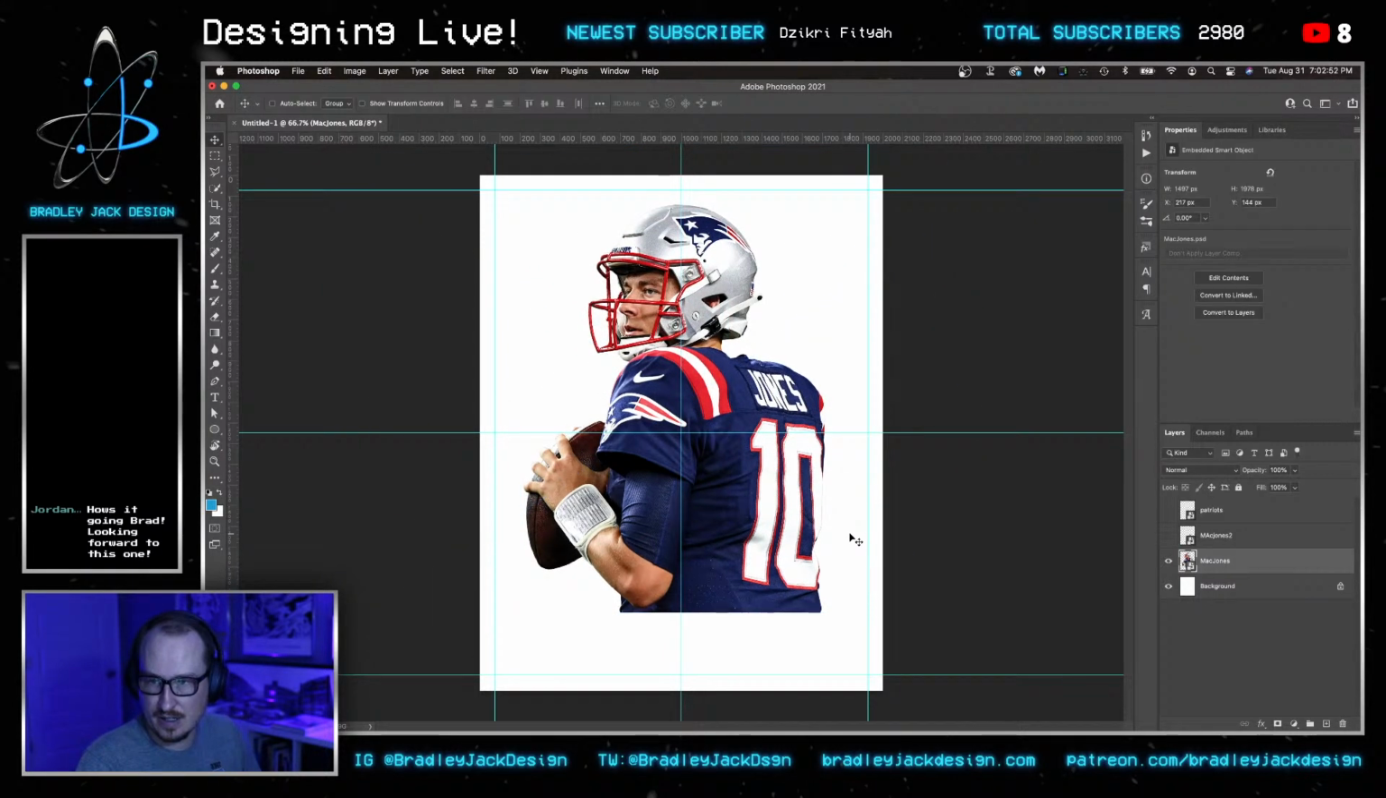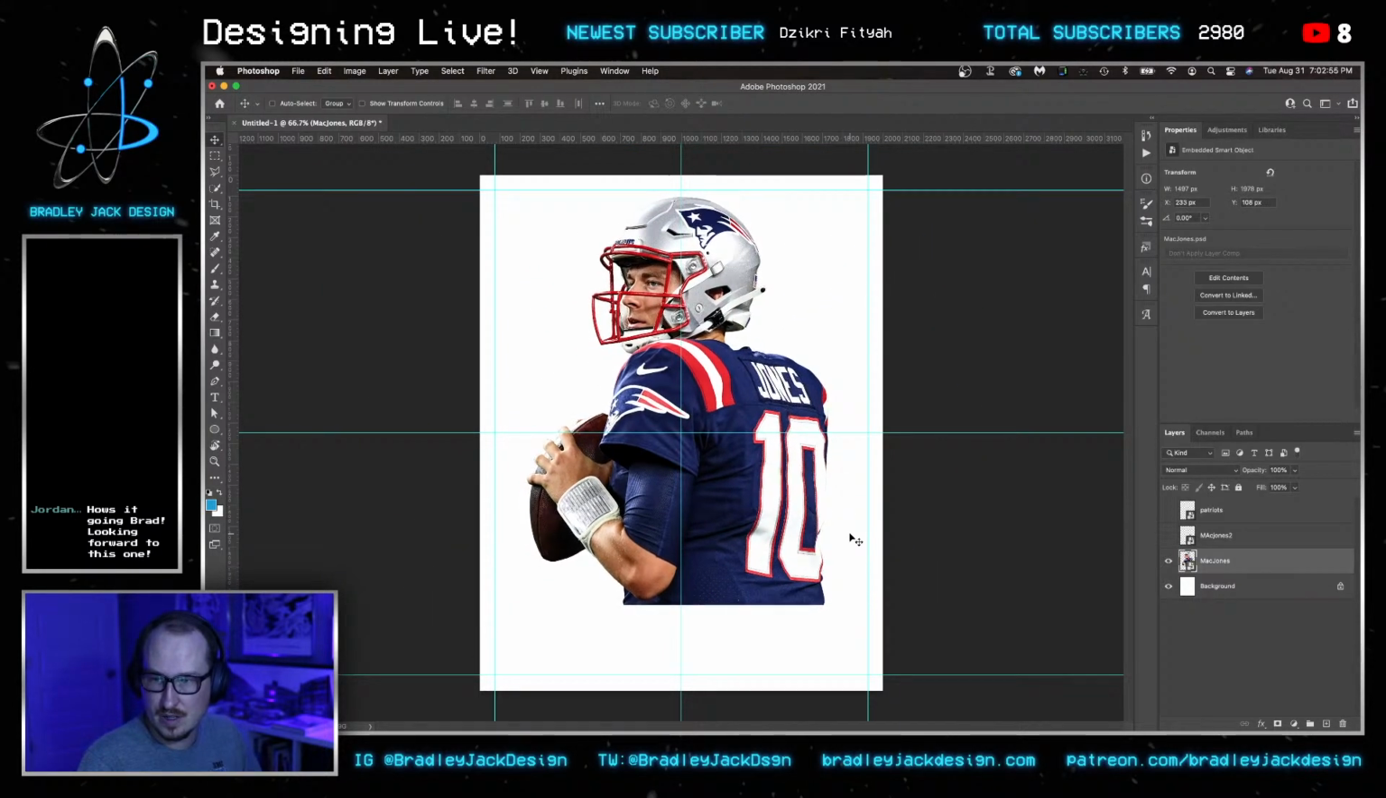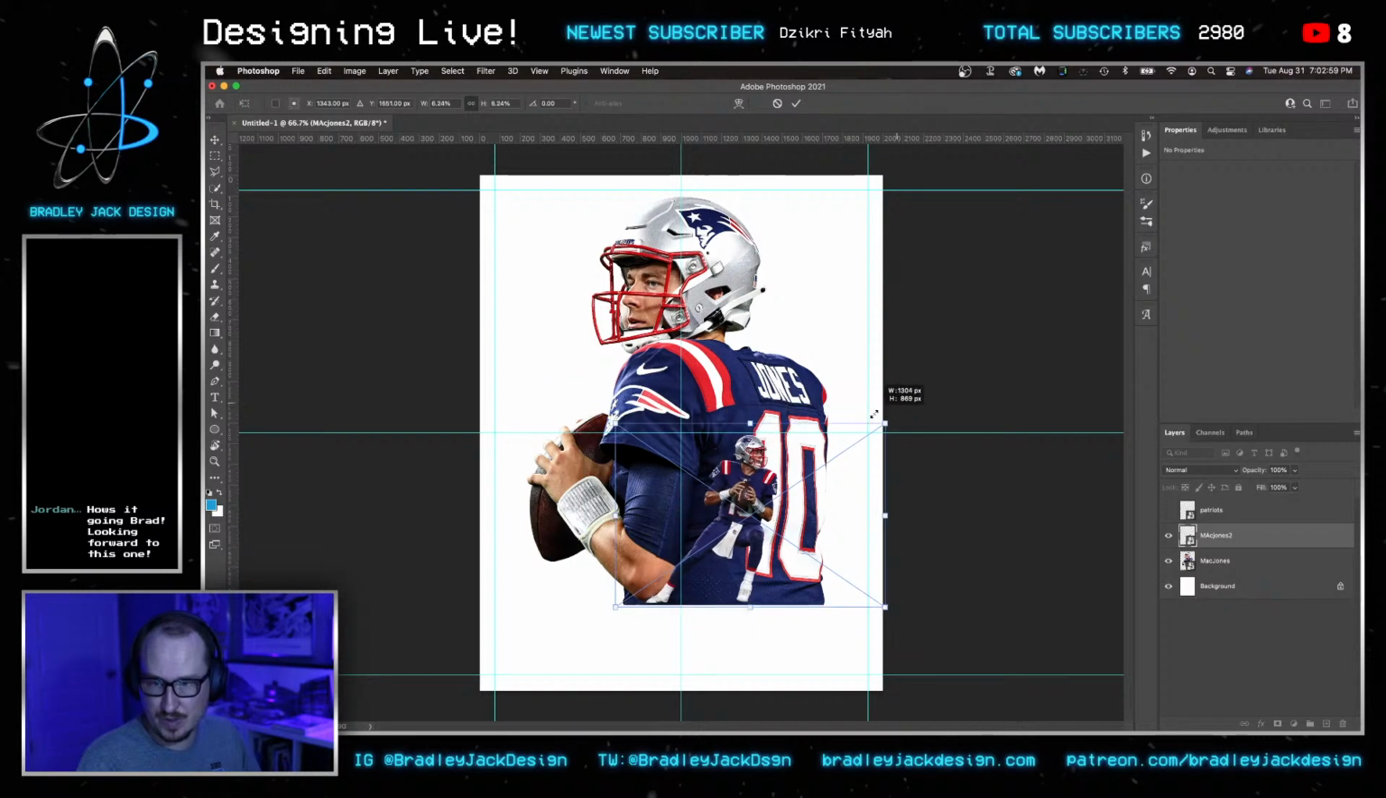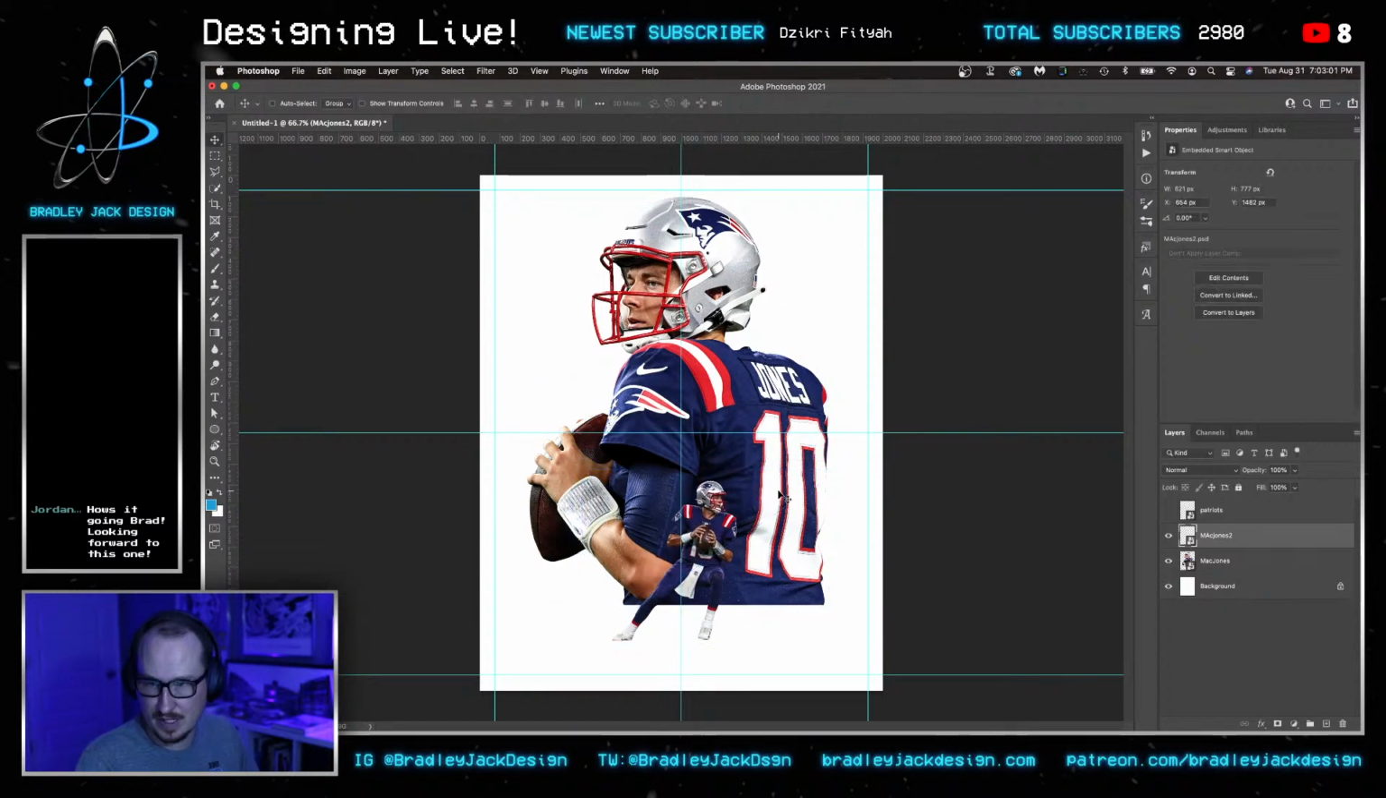Let's put him back here, per usual. Been there, done that. Mac Jones in the front. Let's make him real small, though. Real small Mac Jones in the front. Something like this. So, playing off some of the inspiration,